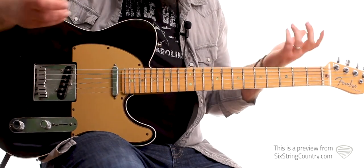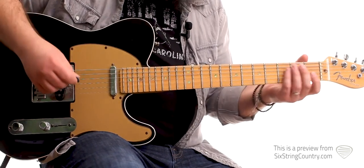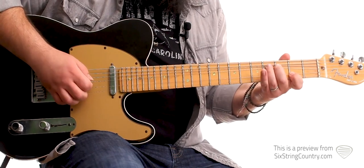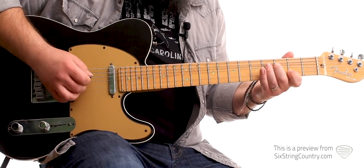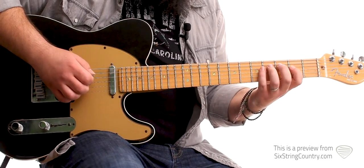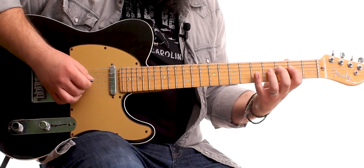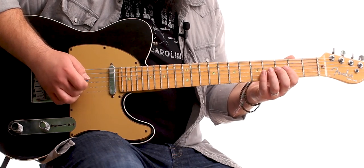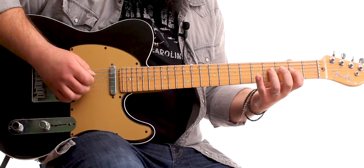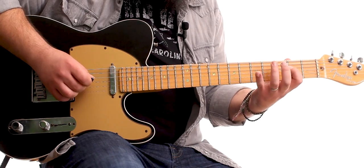It just kind of keeps rolling. They're like, hey, just play a bunch of notes. And the guy that recorded this did, and it sounds awesome. So it starts off 2nd fret of the B, and then bend up the 4th fret of the G, and then hit it while it's bent, and release it. Pull off to the 2nd fret, and then 2nd fret of the D. So, the 4th fret of the G now, bend it up, and then 4th fret, pull off to the 2nd fret, and then hit that again, pull off again. Now 4th fret of the D, pull off to 2nd. 2nd fret of the G,